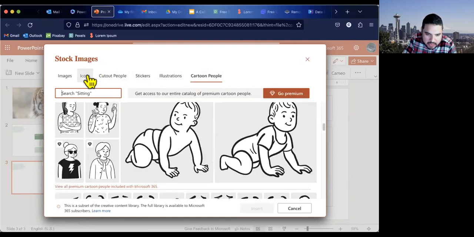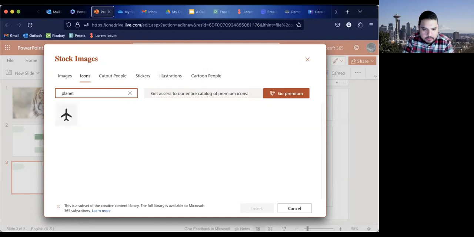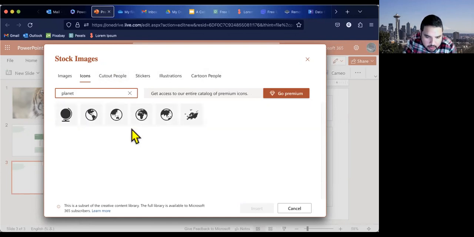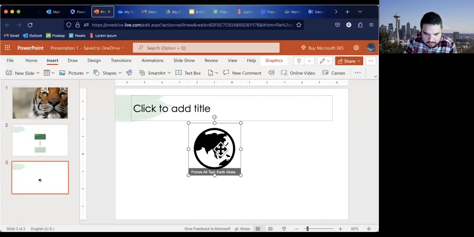And I'm going to go back to icons, and I'm just going to type, let's say, planet. Cool. And I want this part of the world. And then all I have to do is go to Insert. And then I can make it bigger if I want to.